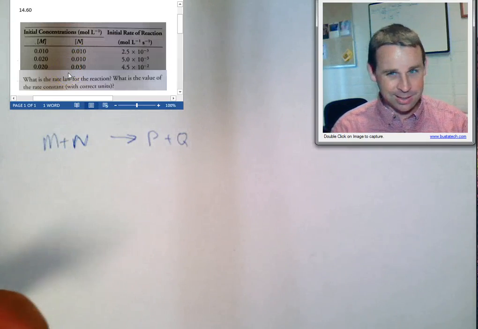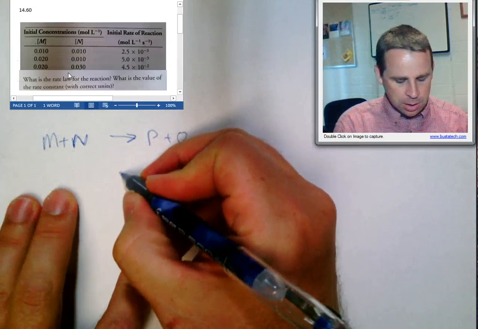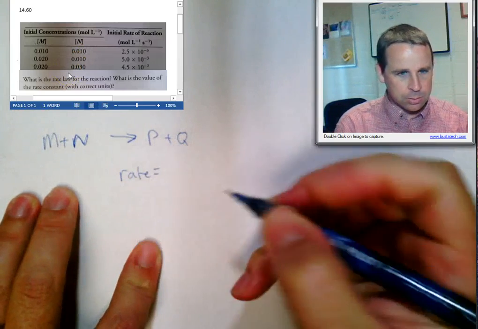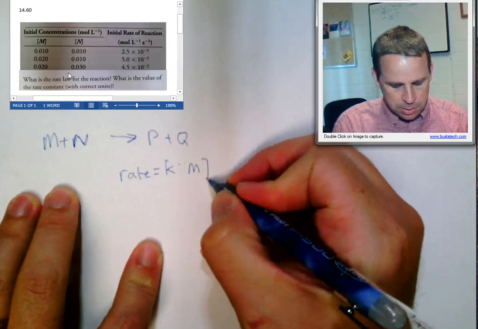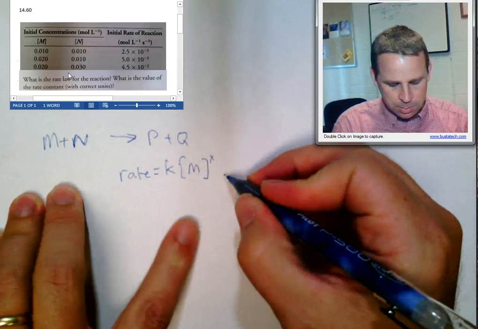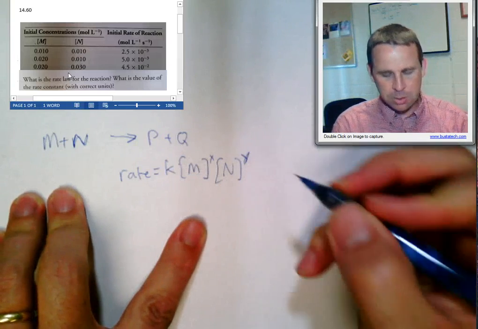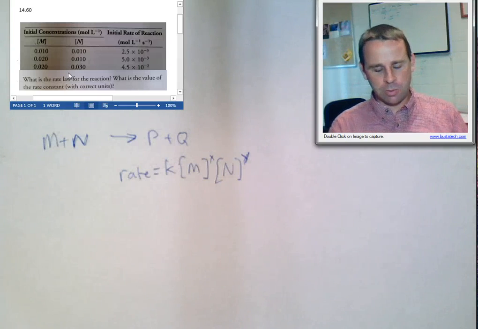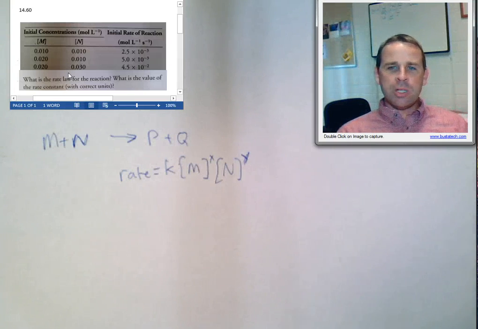Well, the skeleton rate law, what I call the skeleton rate law, is just the rate is going to be equal to some constant K times the concentration of M raised to some exponent times the concentration of N raised to a different exponent, or maybe the same, or just a different variable. All right, so we see that